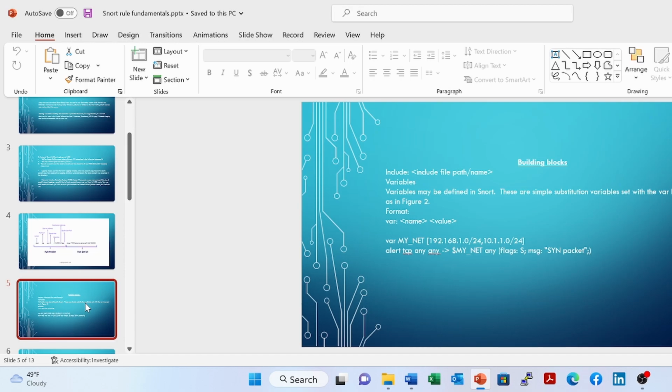And then secondly, we can use a variable rather than writing an IP address or range of IP addresses. We can use a variable with the specific format: the keyword var, and then the variable name, which could be anything, and then the value. So in this example, my_net is the variable name, and the value is